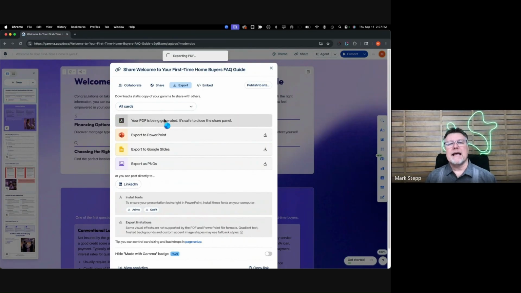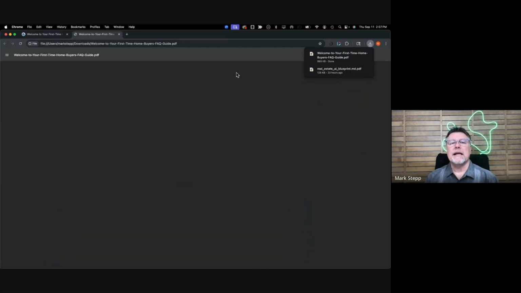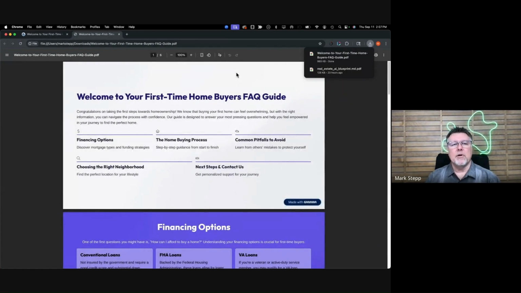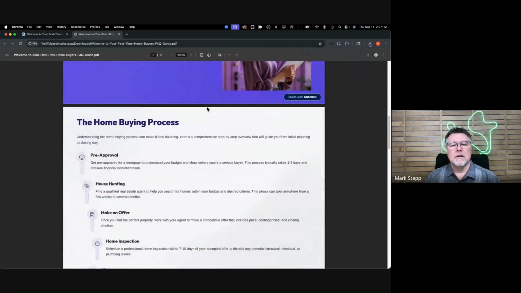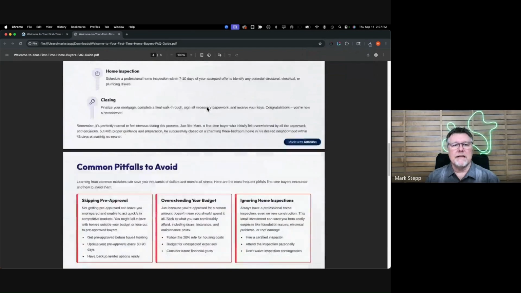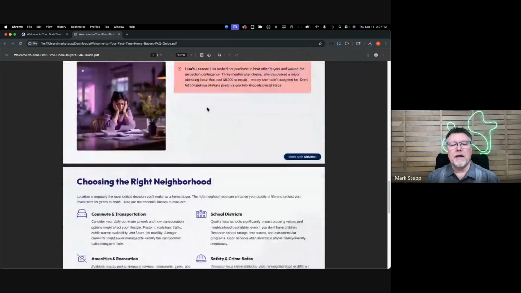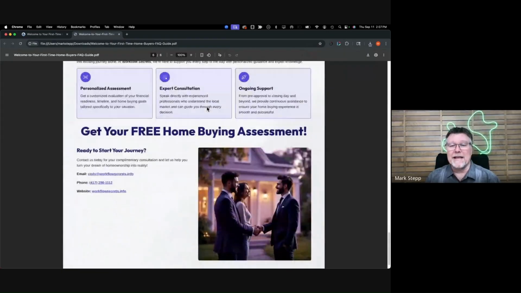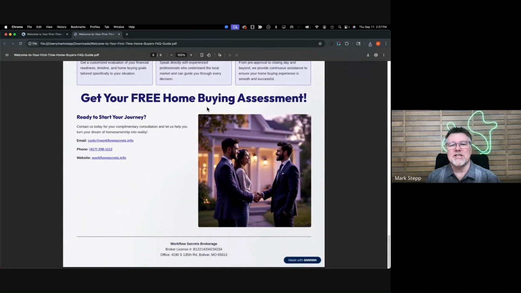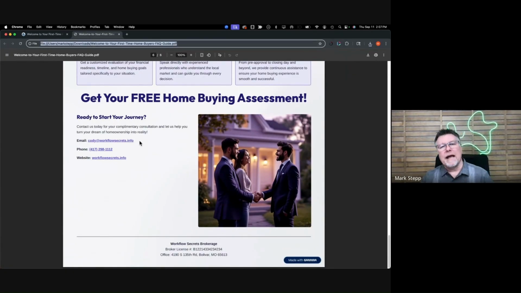So then it takes that information and it starts building out a PDF, and boom, there that is. Here I've got my entire presentation of everything that I just created in a very readable, very organized, very pretty presentation. I can then use this on my landing page of SAM as a giveaway.